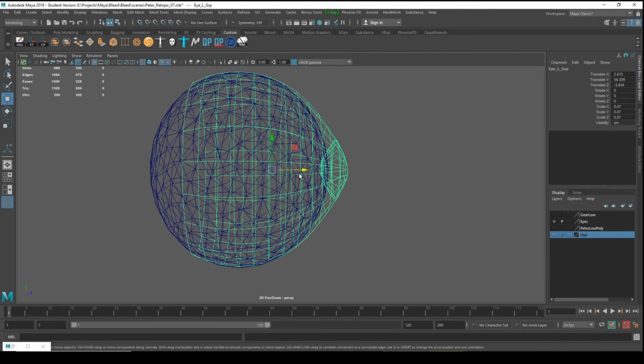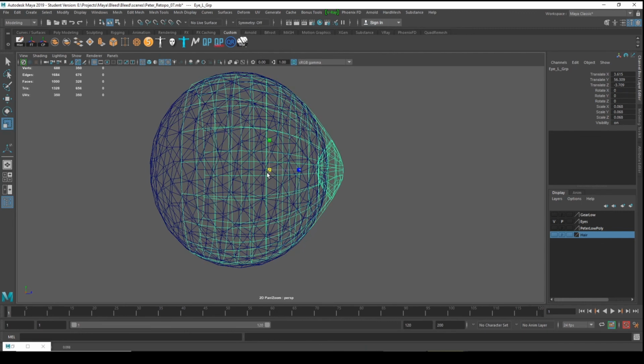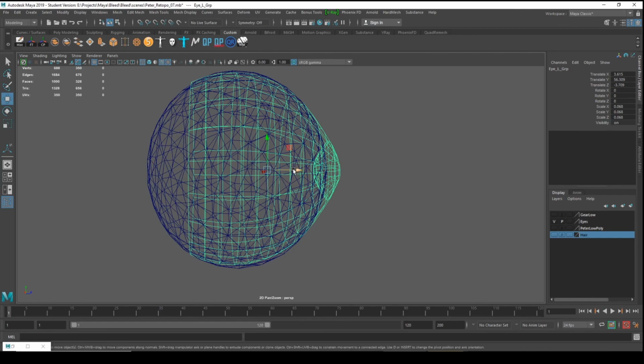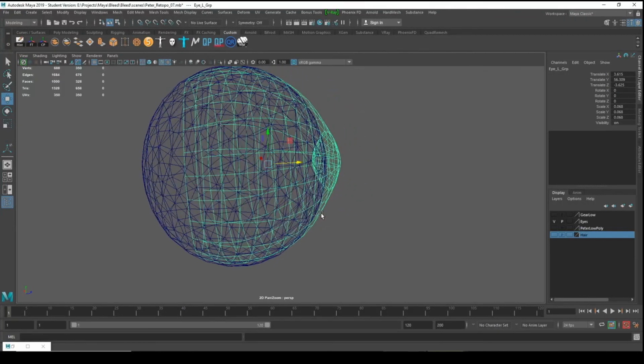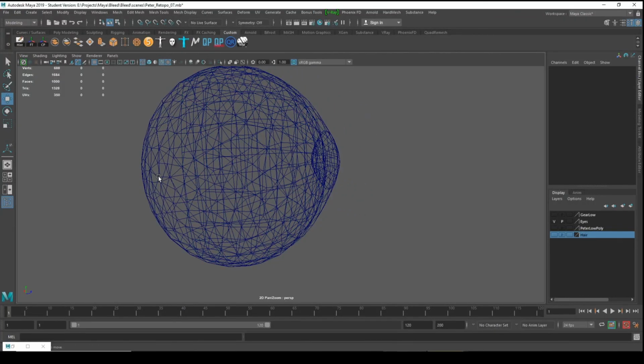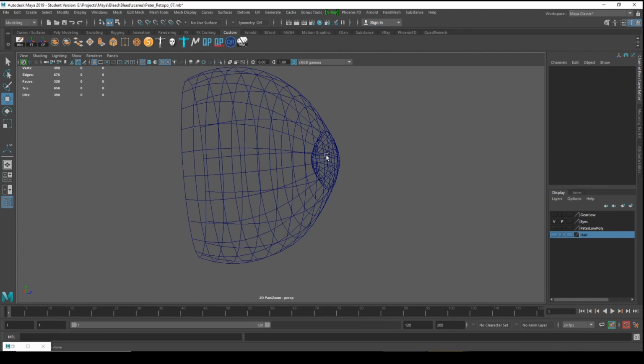It will be fine, hopefully. R. Okay, now it's almost correct. So let's select the original eye, delete,